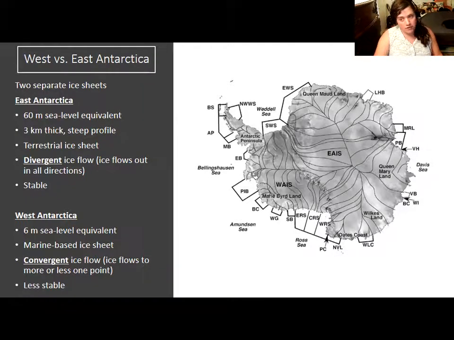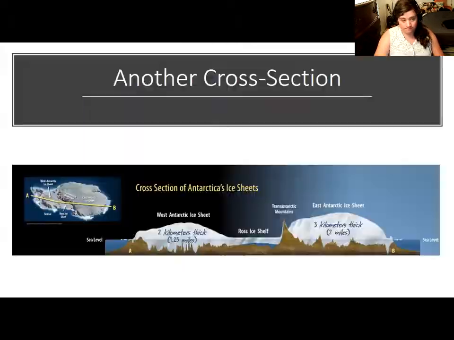And when we learn more about glaciers, I will talk about how glaciers fundamentally are frozen streams. And West Antarctica, which is a much smaller area, actually has more of a single stream into which smaller ice flows flow. Because it is so much closer to the ocean, it's less stable. Its temperature fluctuates more and it has had less time to build up. It is presently much more at risk of damage from global warming because of this, because the ocean is warming rapidly and the West Antarctic ice sheet is going to be much more affected by warming ocean water.